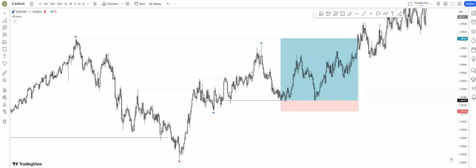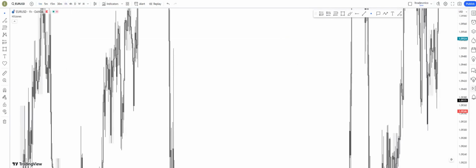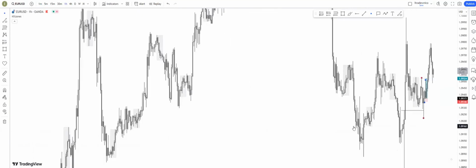Hello everyone. Today we're gonna break down why I took this trade on EU. So let's get started. First thing we want to check is the context we are inside. So if you break this down to the 1 hour, 4 hour time frame, what we're gonna be able to